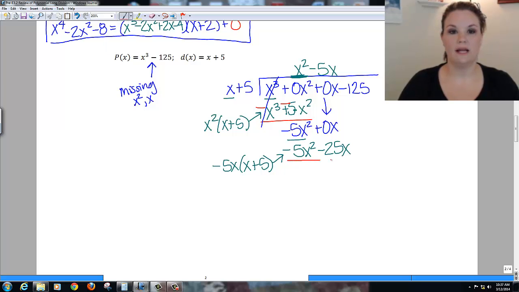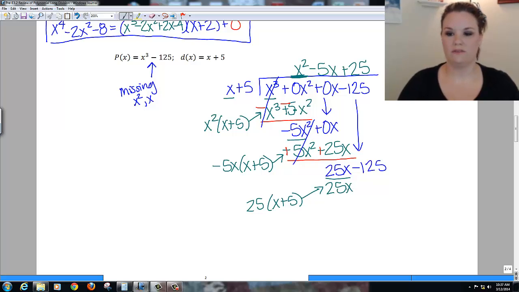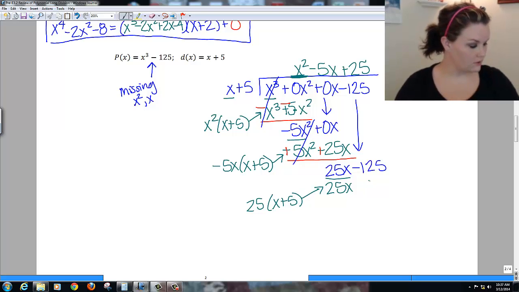I draw my line, change both signs, so they both become positive. Notice my 5x squareds will now cancel, and x and 25 leave me with 25x. And then I just bring down my next term, which is minus 125. So what do I need to multiply my x with to end up with 25x? I need a positive 25. So I'm going to go ahead and do 25 times my divisor, which is x plus 5, and write that here. So 25 times x is 25x. 25 times 5 is